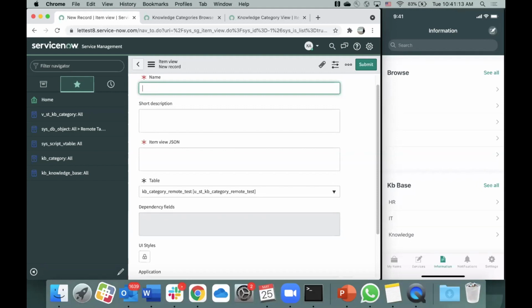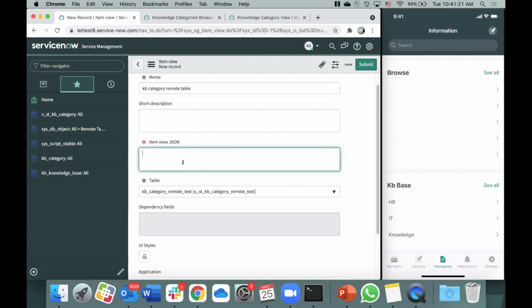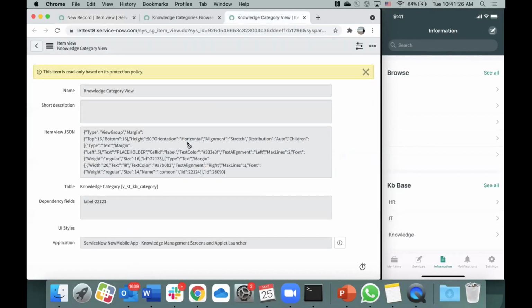I'm going to give it a new name. And for the item view JSON, you can copy the same item view, but we need to add the image